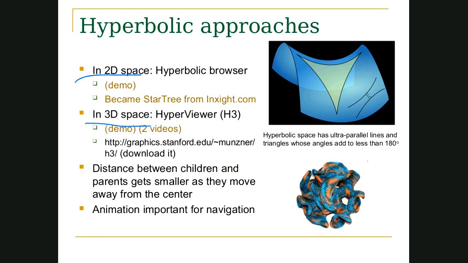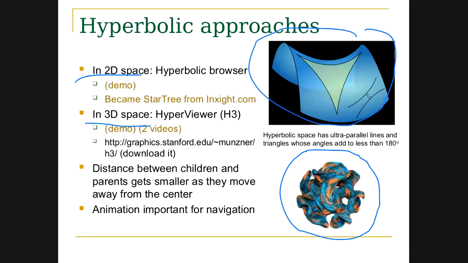This is one attempt to represent it in real life, with an object that you can touch. But it looks something like this. So it's different than Euclidean space. It's a different distance measure. Some of the things that happen in hyperbolic space, again, are not necessarily very useful for trees. I don't think they actually do a complete hyperbolic space when they implemented their tools to visualize trees. But just in general, if you care about hyperbolic space,